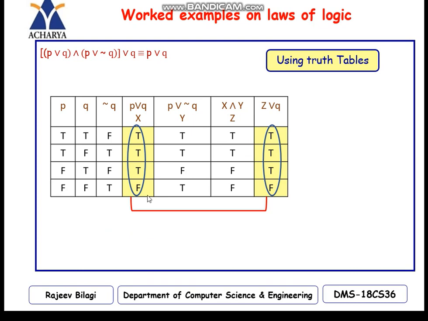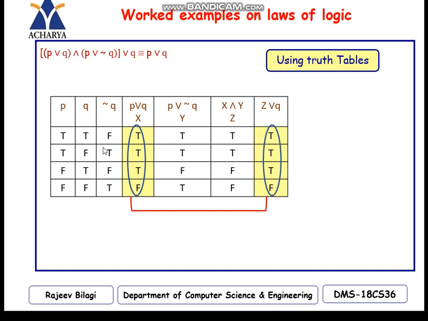Same thing, using a truth table, I should get the same answer. For P ∨ Q, I am going to get T, T, T and F, because the OR operator says that if any one is T, then it is T; in other terms, only if both are F is it F. So this is P ∨ Q. Then another one is P ∨ ¬Q. For the negation of Q, I need to find T is F, F is T, so F, T, F, T.